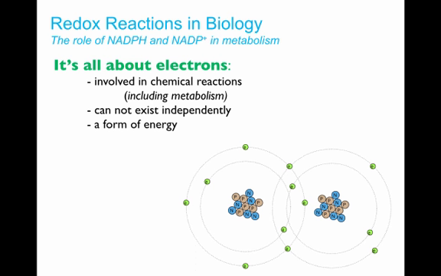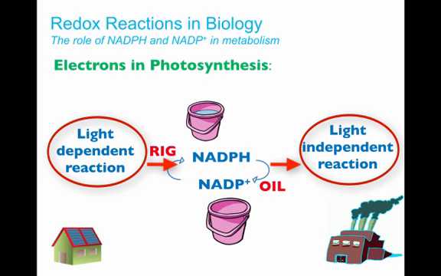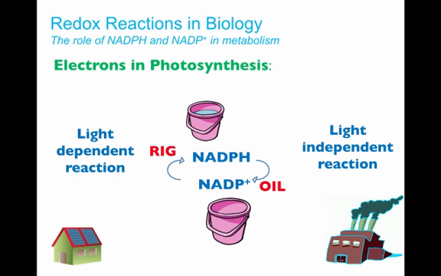So hopefully this gives you a better idea about how electrons are involved in the redox reactions that we find in metabolism, and the way that molecules like NADPH and NAD+ operate in metabolic systems to help connect reactions. They connect the reaction where the electron is produced to the reaction where the electron is used. And they do this by undergoing consecutive reduction and